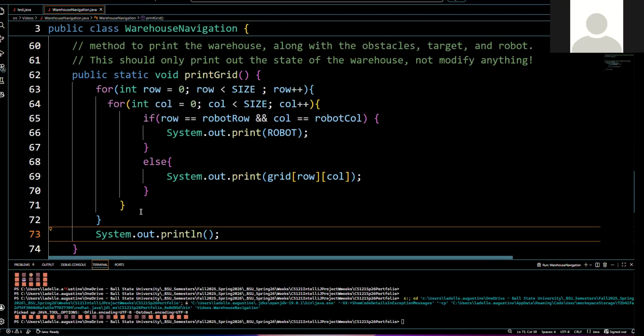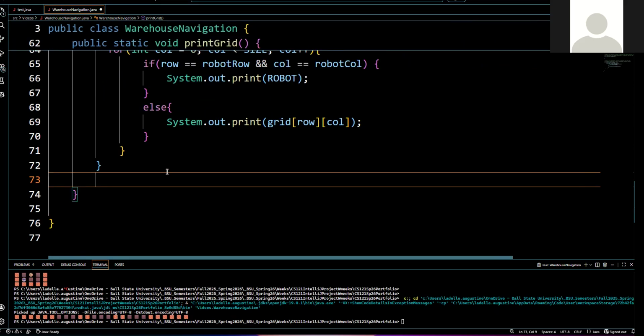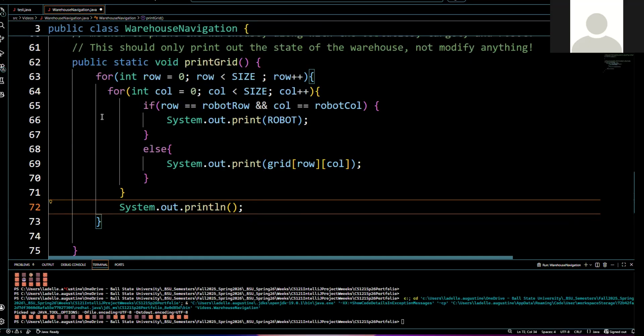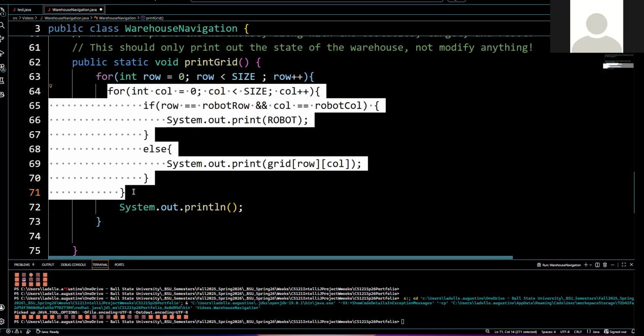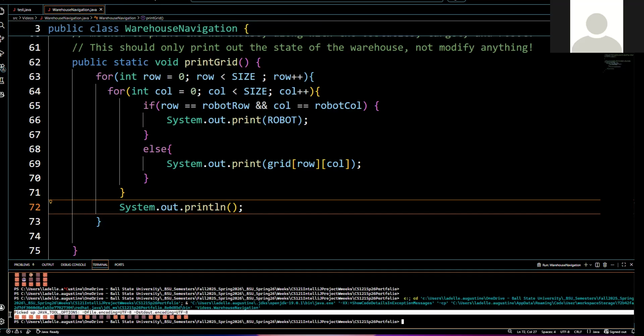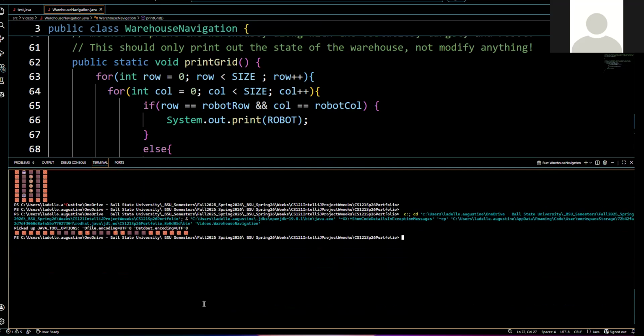So the issue is actually going to be right here, where I accidentally didn't place this println. It needs to be inside of the outer for loop, but outside of the inner for loop. That way it prints out our first row here, and then we shall get, let me zoom in a bit,